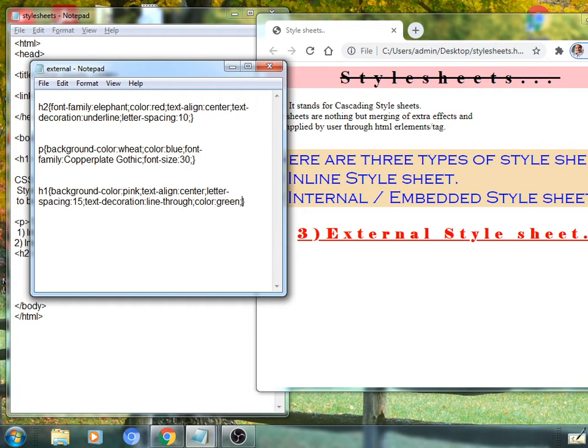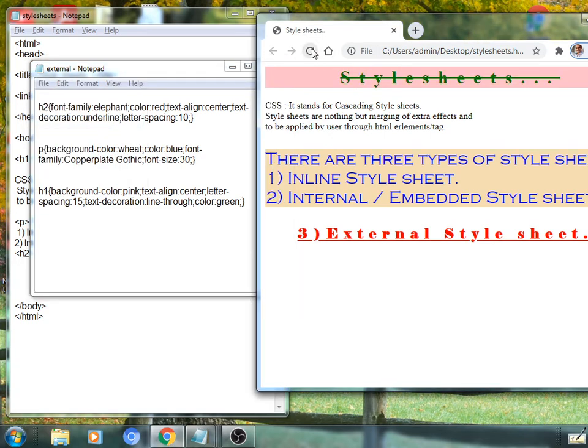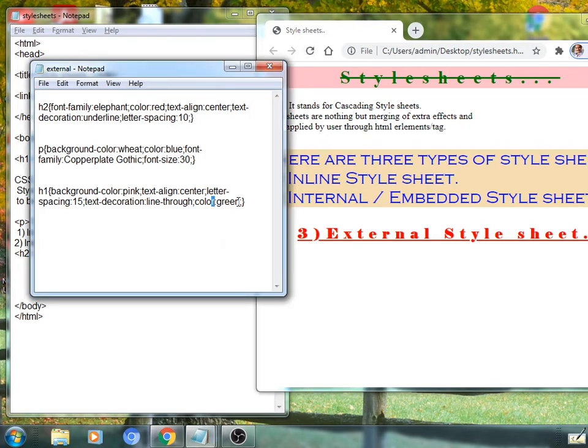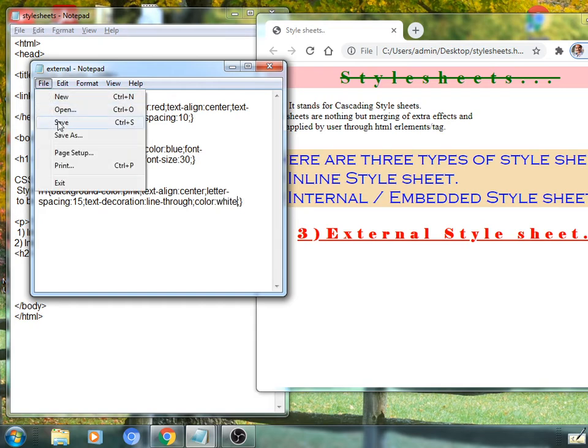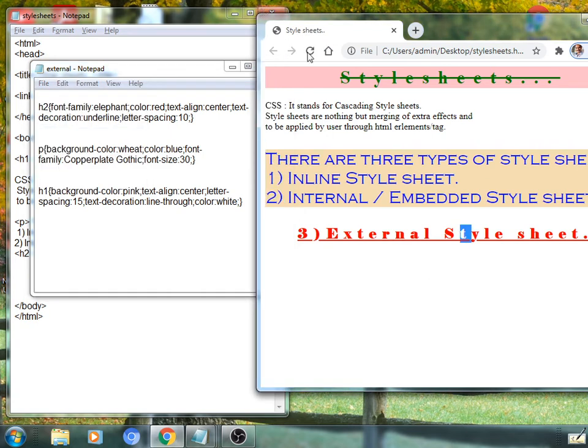Text color we are applying, so the alphabets will be displayed in the specified color. Green color is applicable. If you apply something else, I am going to apply white. It is possible again. See here how interestingly we are applying such effects.